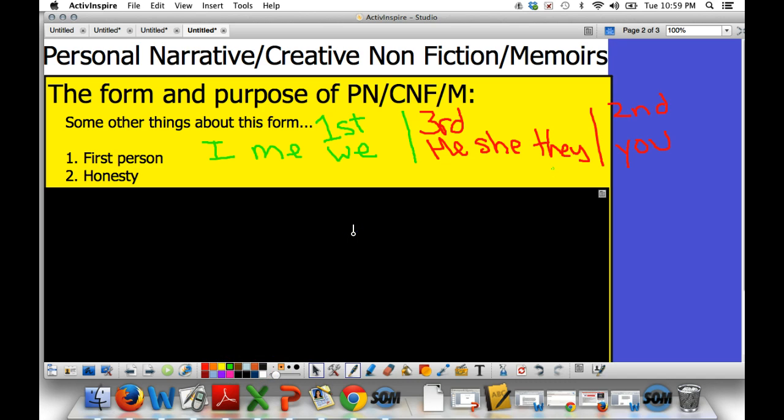All right, the next one is honesty and your ability to kind of stretch the truth because you're going to have dialogue in these. And if you're going to retell a story from 10 years ago, you don't know exactly what words were said. Now, for this assignment, you are going to have to interview one person to kind of help you out because most of these stories normally have someone else in them, and they can maybe give you some insight on their perspective from it. And so